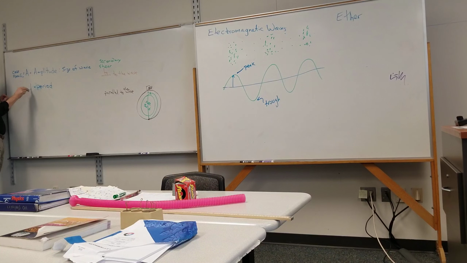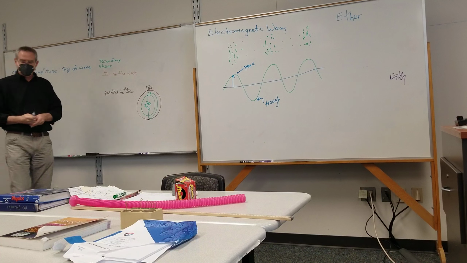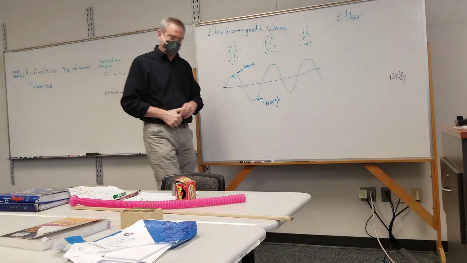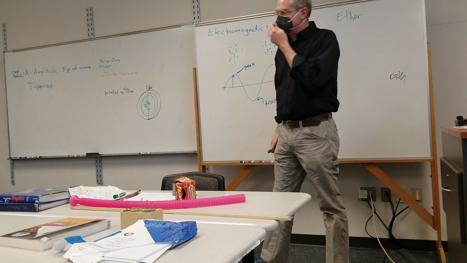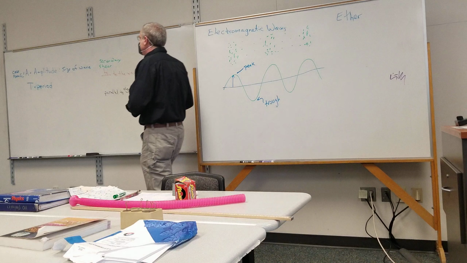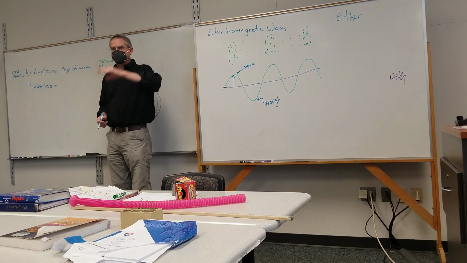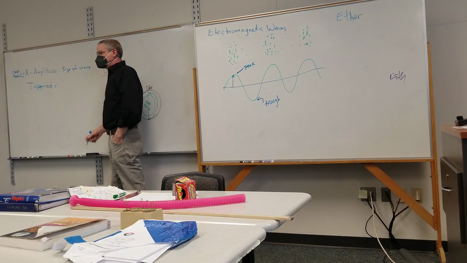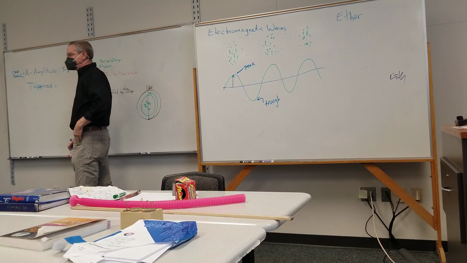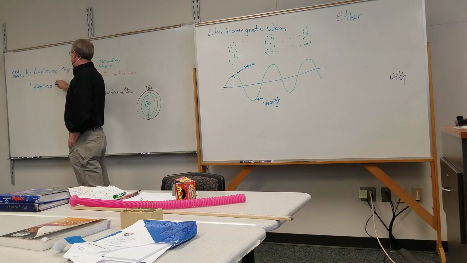The symbol for period is a capital T. For those who like to use capital T for tension, now's the time to switch. So if I have some repetitive motion happening, the period is just how long it takes to do one of whatever's being repeated. So it's the time